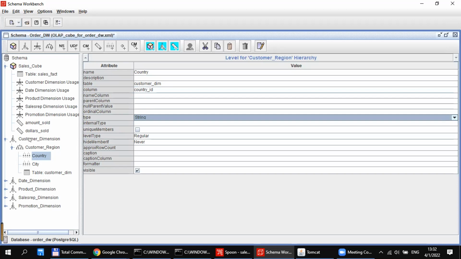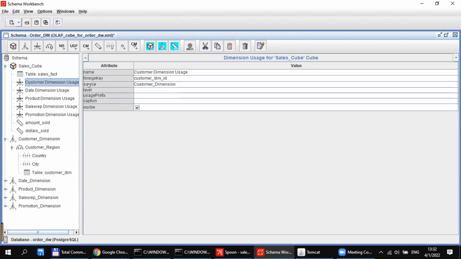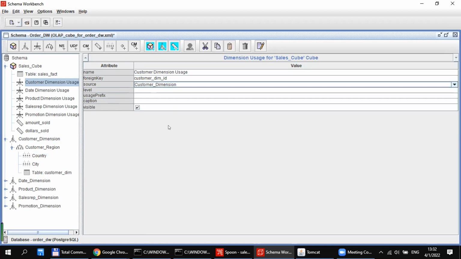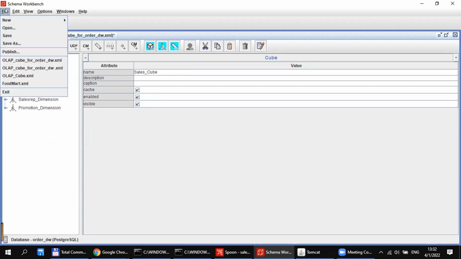After you create these dimensions, in the dimension usage, you can select the source. It will show all the dimensions that you created. Then you can select the customer dimension, and after you create the OLAP cube, you can publish it into the